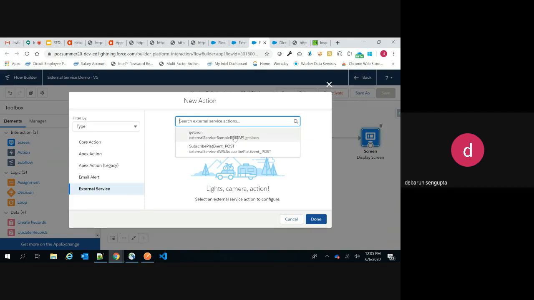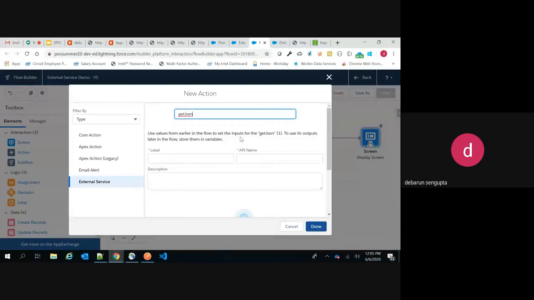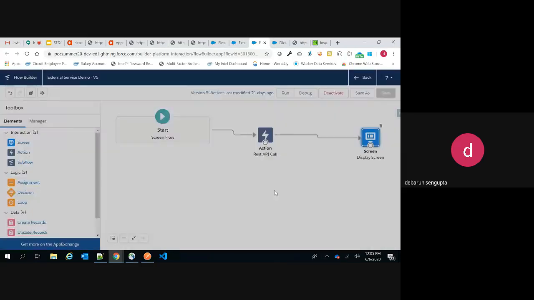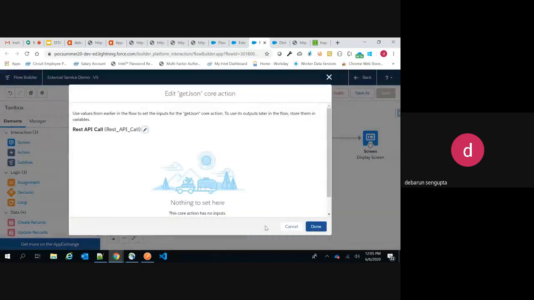This is the backend class which Salesforce automatically created for you, based on that external service schema, to do the callout on your behalf. So this is the advantage. You don't need to write any class, not a class for doing a callout, not a test class, nothing. You just need to select this and give any name here, right? Give any name here, cancel. That is what I have done here.